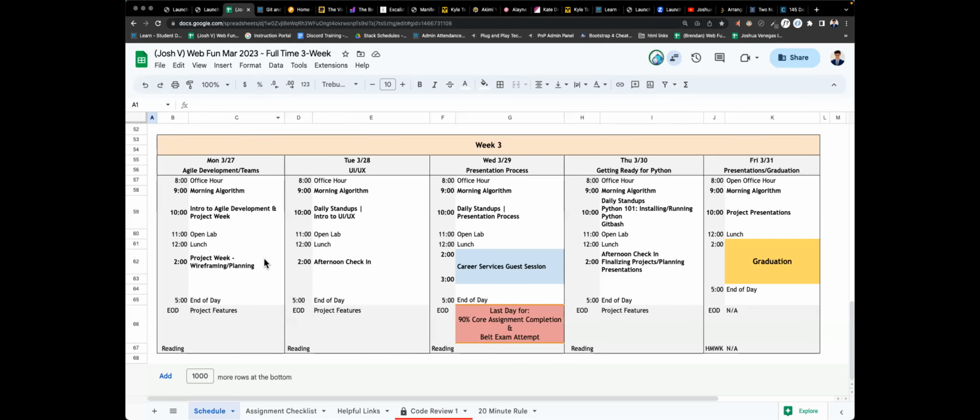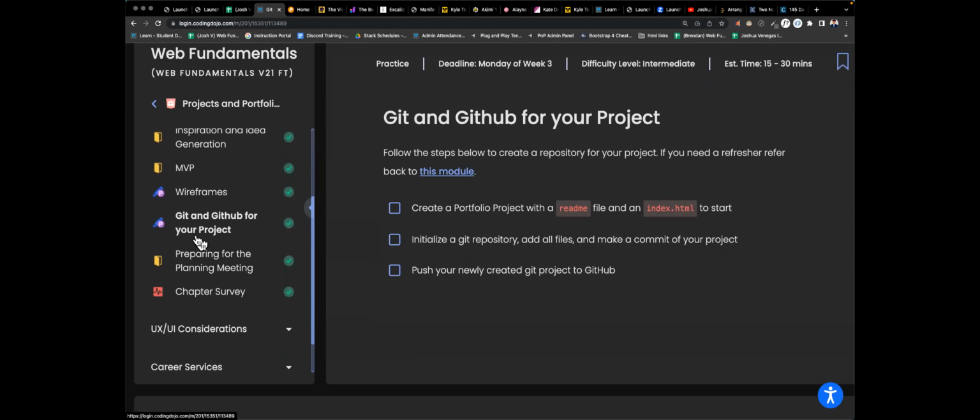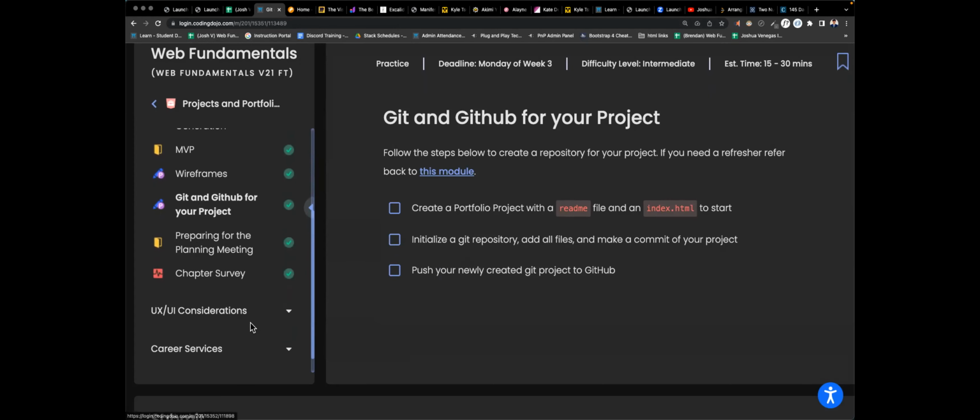What else is on the agenda? UI, UX for tomorrow. So we're going to go ahead and break out into groups. I'm going to move you guys between groups. Actually, I think it'll be groups of 3. I'll make groups of 3 where you'll present what you have as an idea so far, your wireframe if you have one,